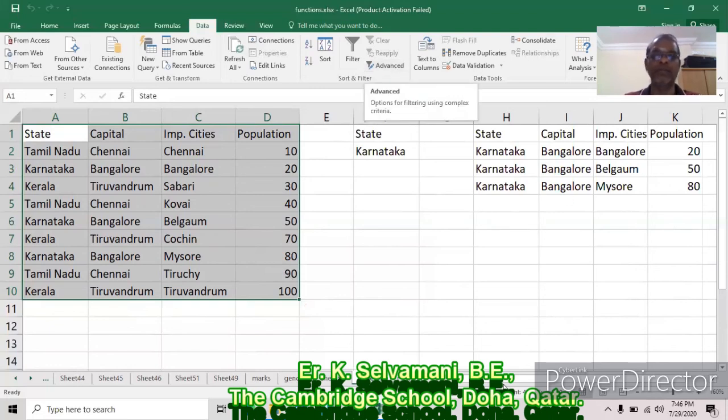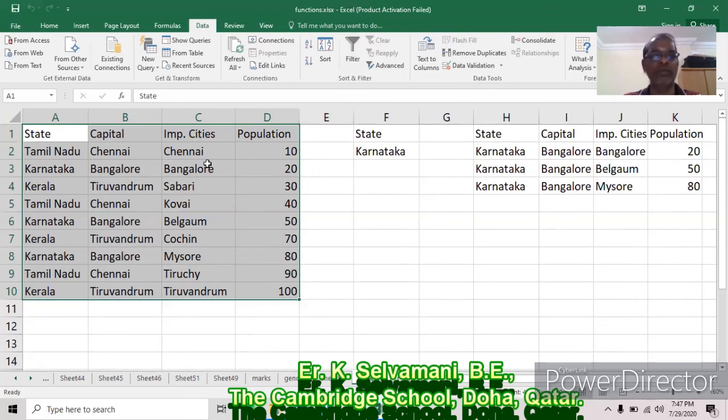So today I stopped here itself. In this lesson, we studied two concepts. One is sort. That means if you are having only a list of the state or population alone, we can go for directly A to Z or Z to A. If you are having one tabular column that contains so many details, then we should go for sort. If you want to put only ascending order of the tabular column per one column, one level is enough. After that, if I want to put another column also in sort by order, we should go for add level.